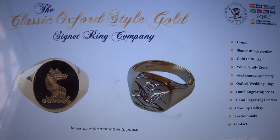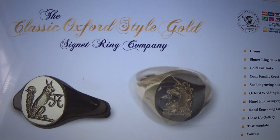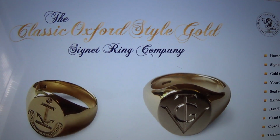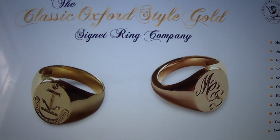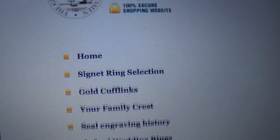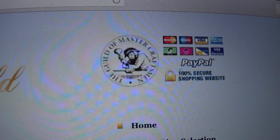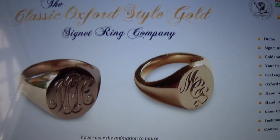Okay, here we are, guys, having a closer look at the Gold Crest website. Now, they are known for the classic Oxford style gold ring. Oh, and there you see, there's my one. They've included it in their testimonials. They've been featured in Cosmopolitan, Retail Jeweler. They are members of the Guild of Master Craftsmen, pay by PayPal, and you can contact them and you could